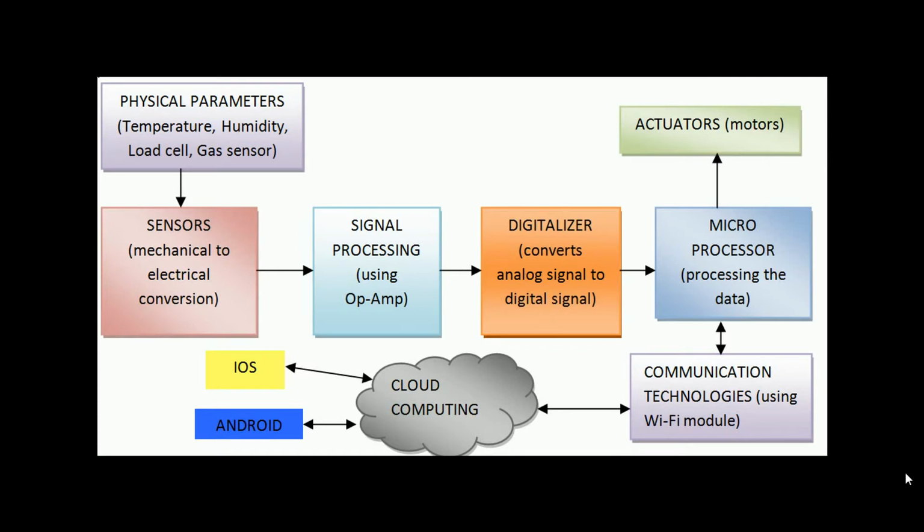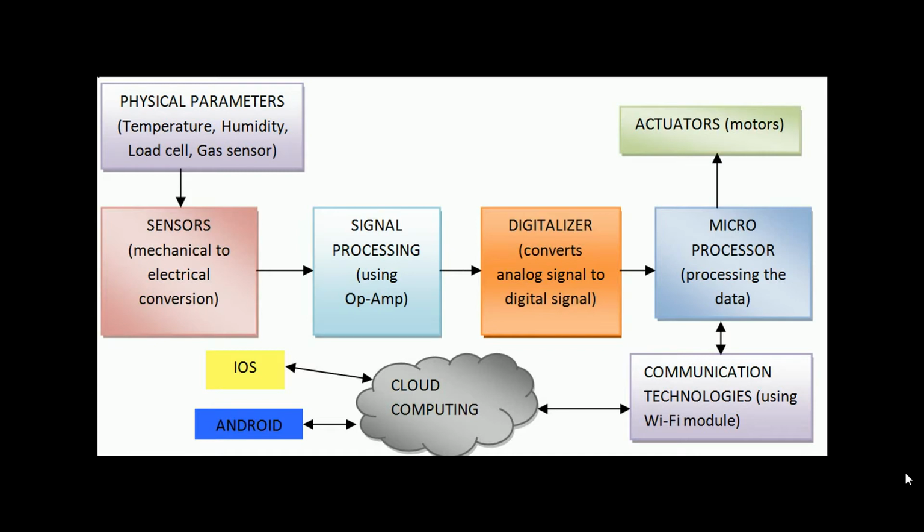The microprocessor processes the data and, based on the values, sends it to the communication technology. We have used the Wi-Fi module in our project, but you can also use Bluetooth modules or Zigbee to send the data from the microprocessor to the cloud, and from the cloud we can monitor the values or control the actuators